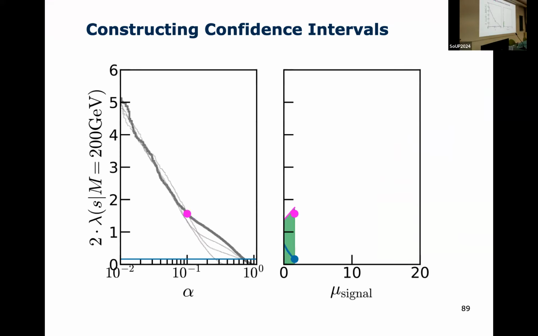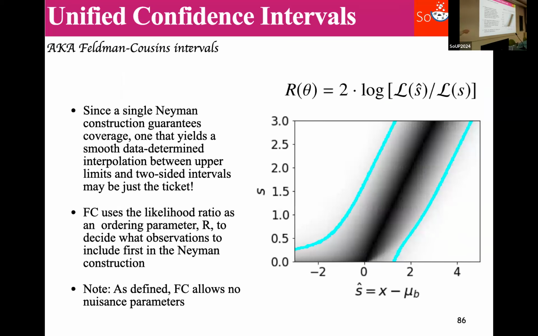Okay, so once more, for good luck. The Neyman construction says include the bits with the highest log likelihood ratio first, the darkest black parts here, and include outwards, which means upwards in log likelihood ratio, which means worse agreement, right? If you remember the curve, upwards means that it's worse; in the middle where it's 0, that's the best fit. So we include from 0, which is this black line here, outwards until we have 90% of the probability covered. And how do we find out when we have 90% of the probability covered? We run pseudo-experiments for each signal that say what is the distribution of our ordering statistic here, the log likelihood ratio.